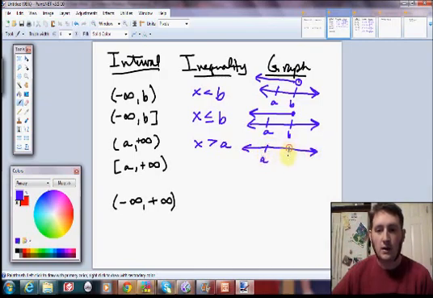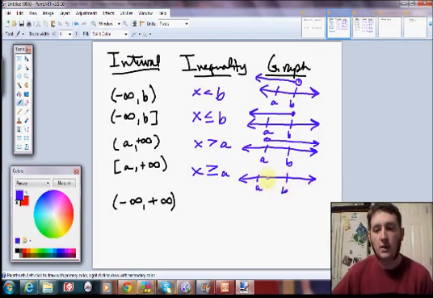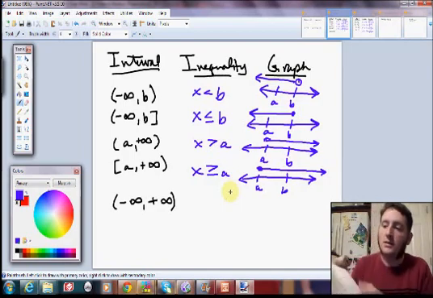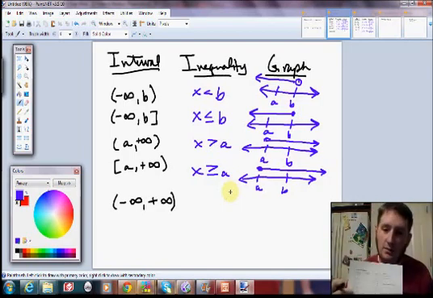So there's A, there's B. This is open at A and points to the right, whereas this is x is greater than or equal to A. So there's A, there's B. We are closed at A and pointing to the right, which kind of leaves only the last row of the table